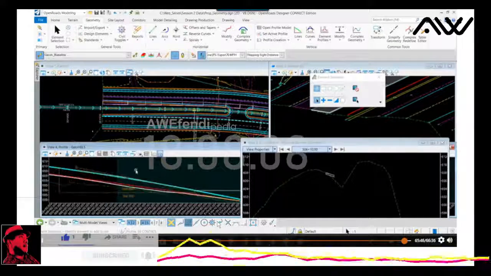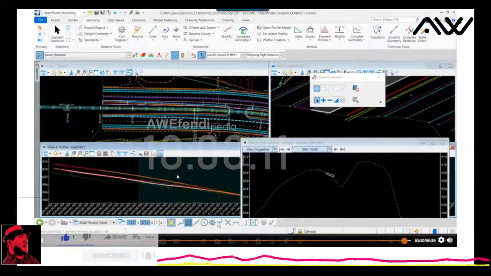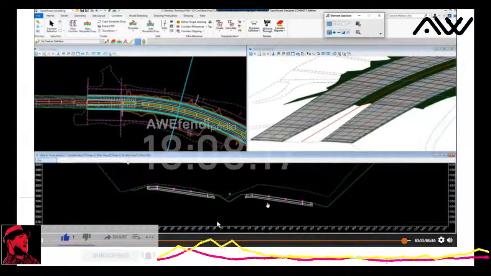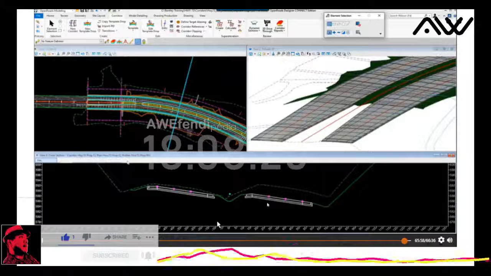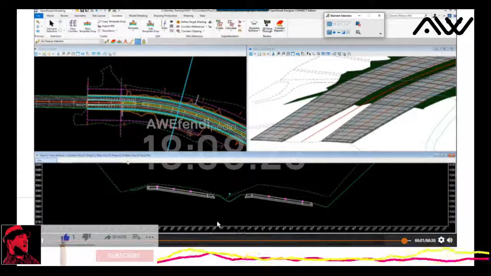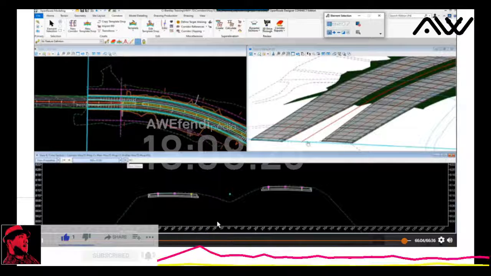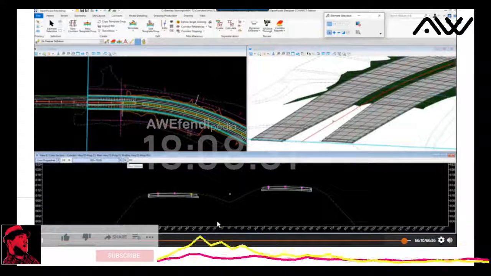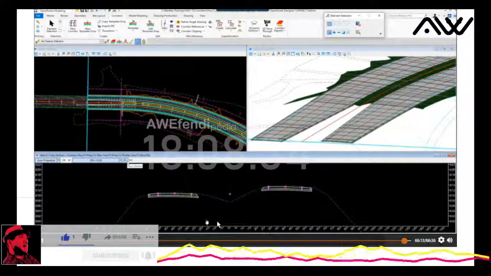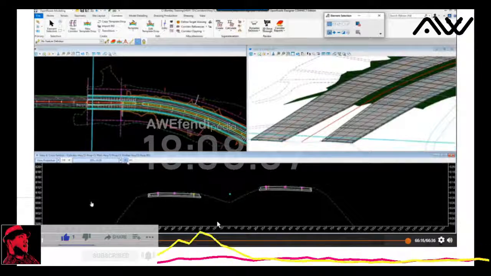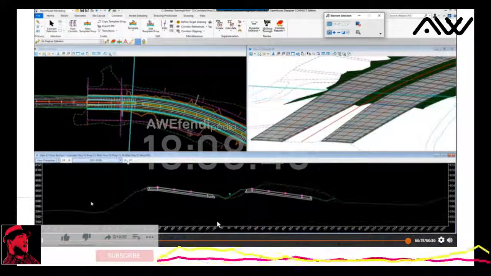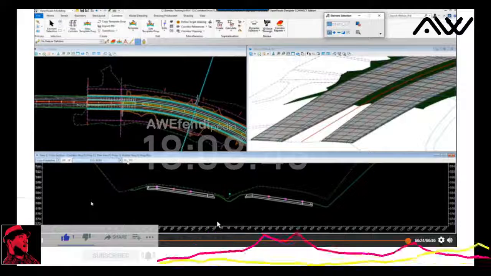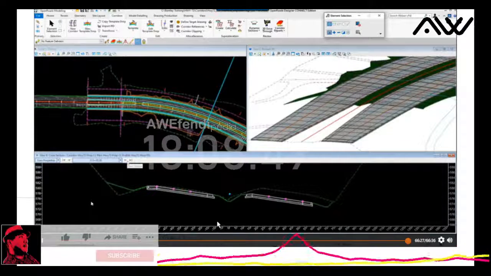Again, ultimately, the point here for all of this is to look at the objective of where we're going with the modeling next week. So in our session, we created the baseline, the horizontal alignment, and we created the PGL, of course, to control the overall roadway corridor that you see here. You see it in 3D here. And we created control lines to control the horizontal tapers as well as the vertical transition in the bifurcation between the two roadways. And so as we run through this series, as we walk down these cross sections, you can see how the pavement is going to interact when Scott builds this corridor next week. Okay. All right. So